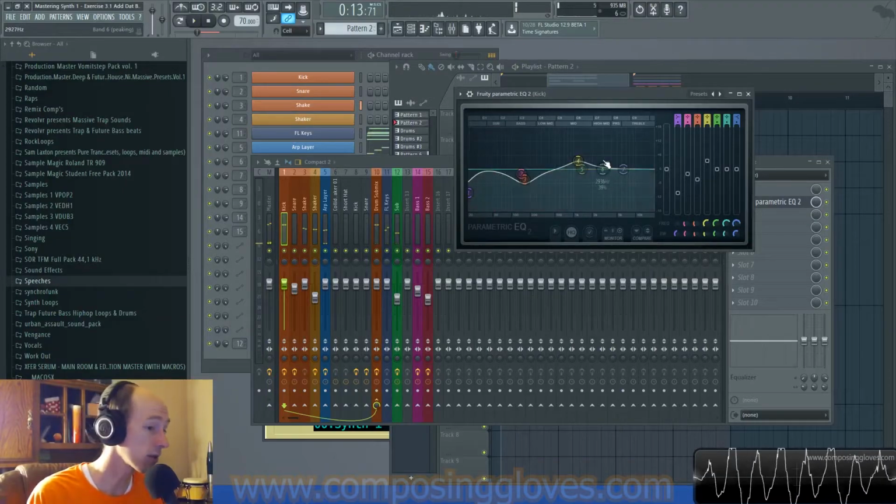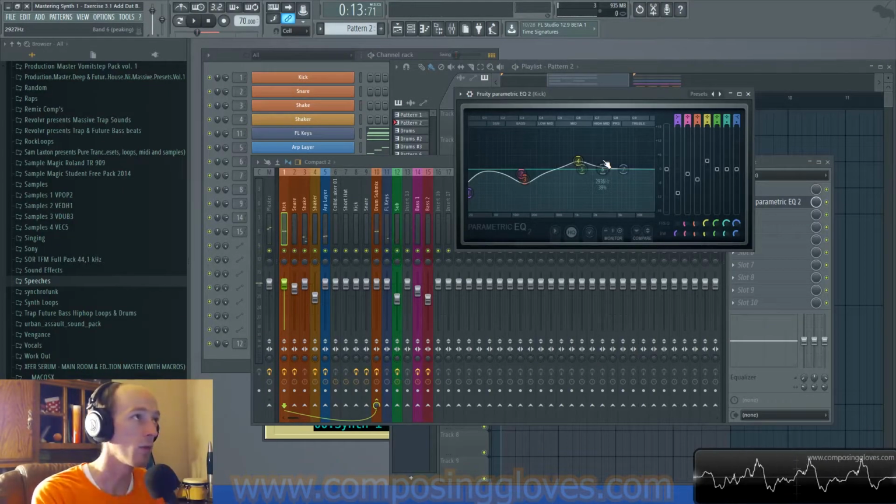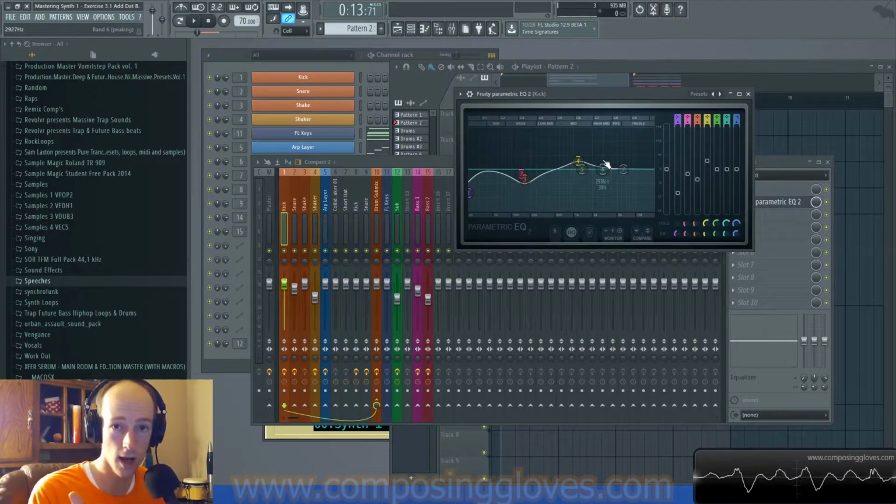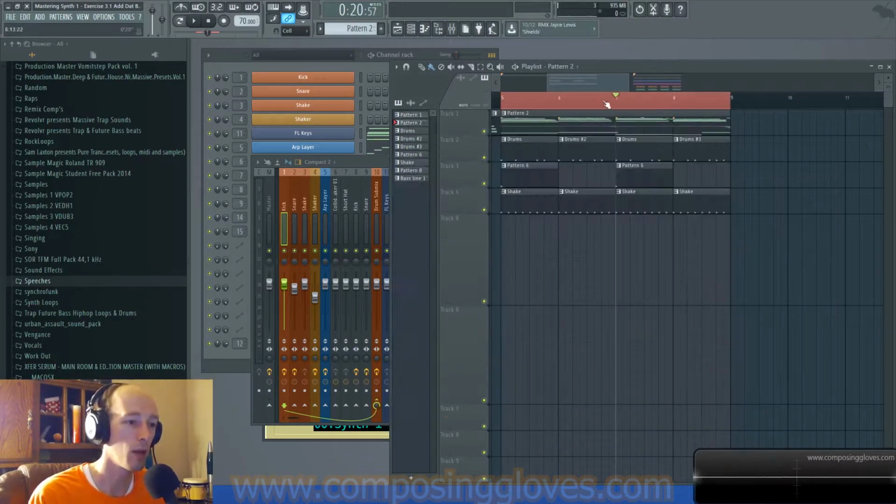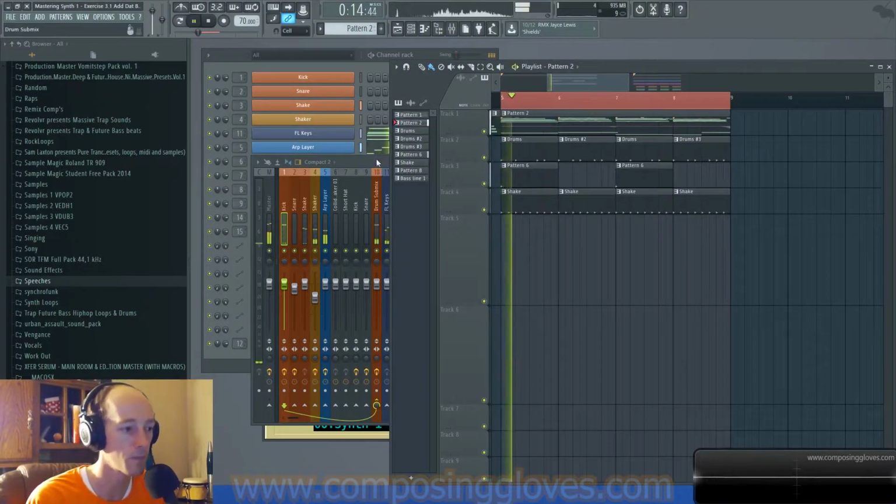But then if I make this sort of a move, when I have moments where the kick is not playing, I'm going to have to undo those moves. I'll have to either automate them off or mute my EQ effect, or not mute, but bypass it so that my sound comes through clearly. So if I'm playing right now,